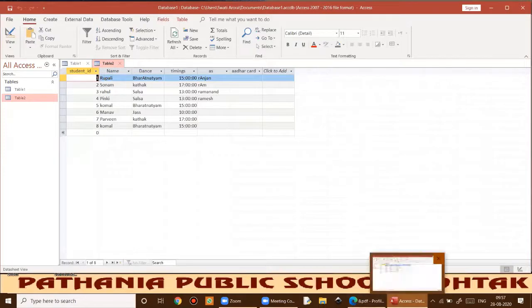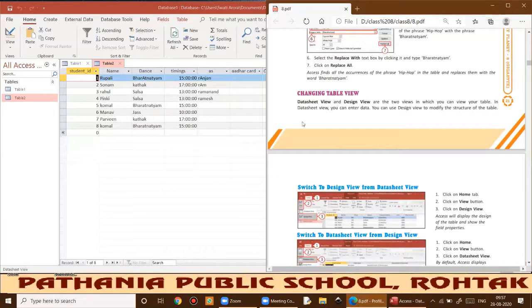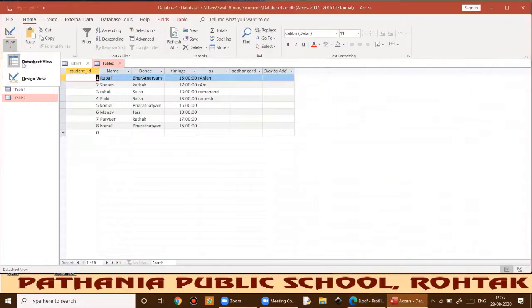Okay, so next, I told you about changing the views. In the home tab, you will have the views group, and there you will have the views option. There will be two views, datasheet view and design view.